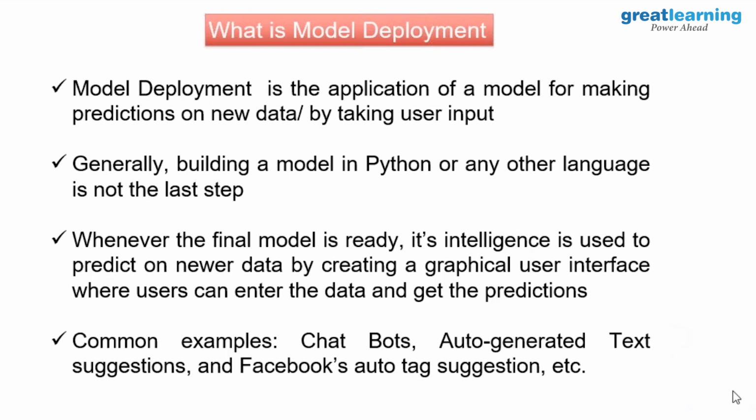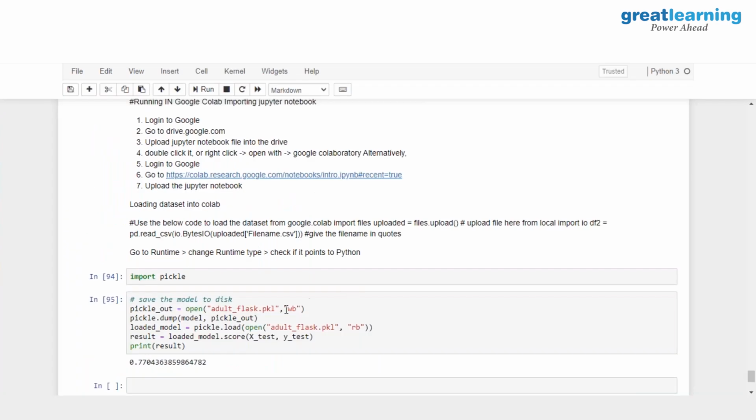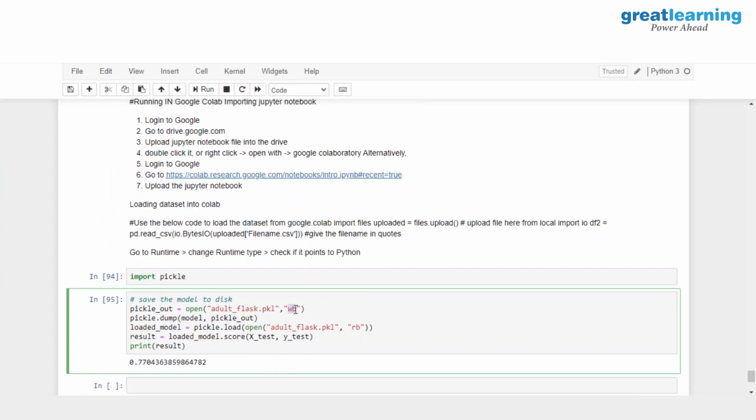What is that rb parameter in pickle.load? These are read and write. When I am reading the bytes, because I'm opening this as a read file, I say rb. When I am writing it, I say wb. So when I have to write the file, it is wb. When I have to read the file, it's r.